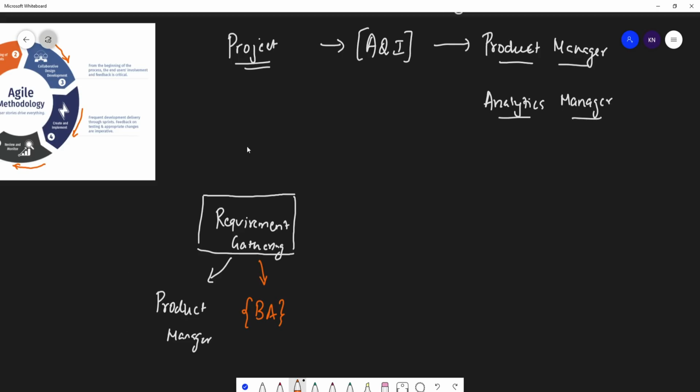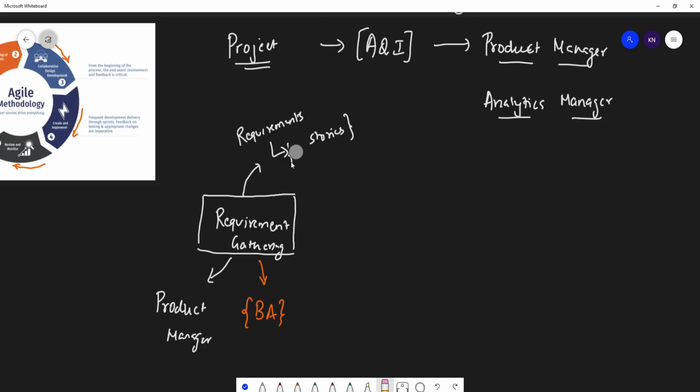So these two people jot down all the requirements, and probably based on the requirements, just imagine that they have written 30 main stories. So these are the 30 main stories that need to be implemented.